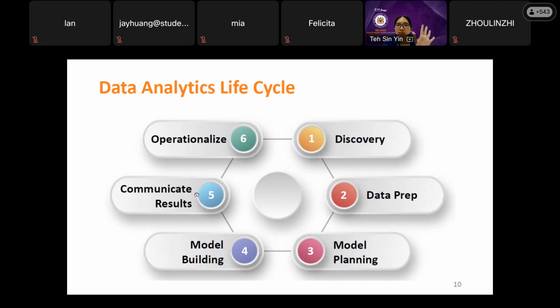You can use a dashboard, you can do the reporting. You report to your stakeholder, you report to your boss, you report to your client. Number 6, you operationalize them. After you operationalize them, that's when you already execute them. Okay, you do the monitoring, you deliver your report, you do the technical documentation, so that next time when people want to perform a similar project, they know what you have done.